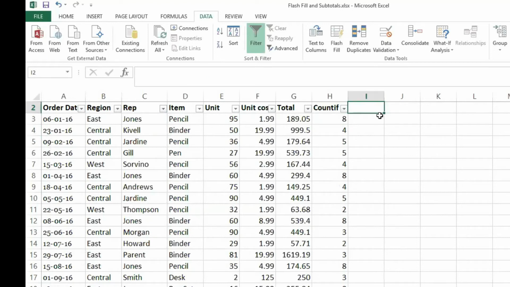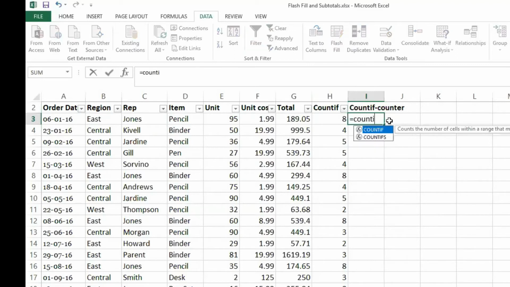Now I'll show you the final COUNTIF, which I can work as counter. Right? COUNTIF counter. Another trick which I talked about of COUNTIF. Because the first one was pretty simple, right? So in the COUNTIF, when I'm selecting the range for the first cell, I'll select Jones. I'll not freeze it as of now.